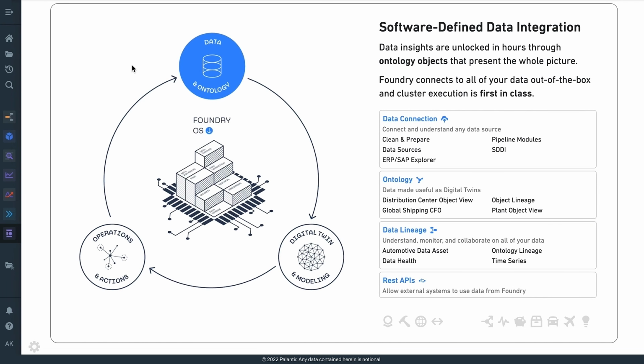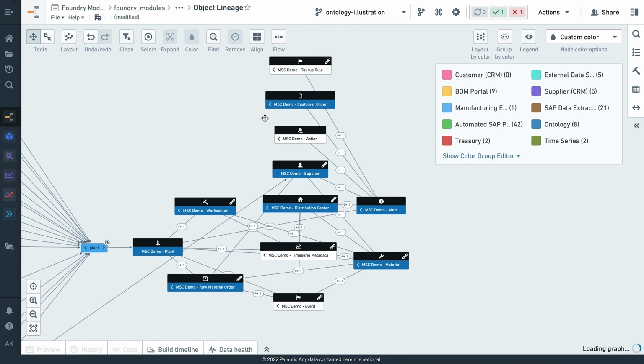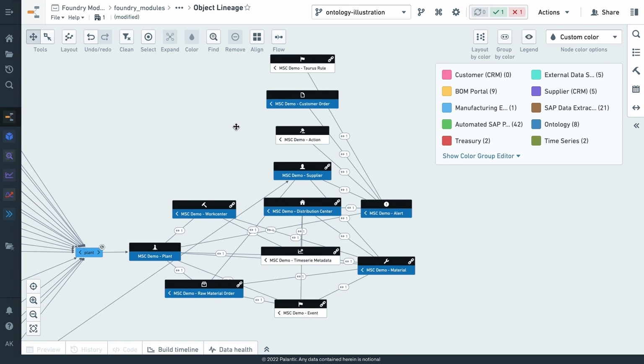What I'm going to do is first go into an application called Monocle, which is our data lineage graph, or the story of how the data comes together into an ontology. Here you'll see a pretty notional, simplified example, a supply chain ontology, which shows the different concepts that I'm going to work with in my supply chain demo. I've put together common concepts like a supplier, an alert, a distribution center, plants, materials, etc. Each of these objects has links between them. We'll go into how each of these objects also has actions associated with them.